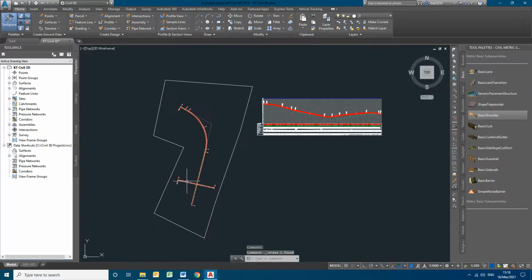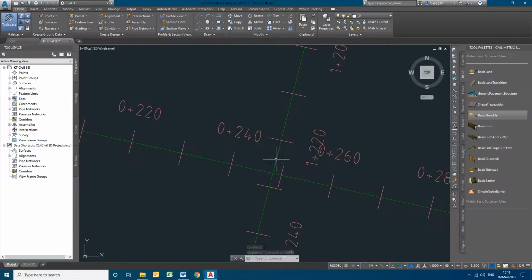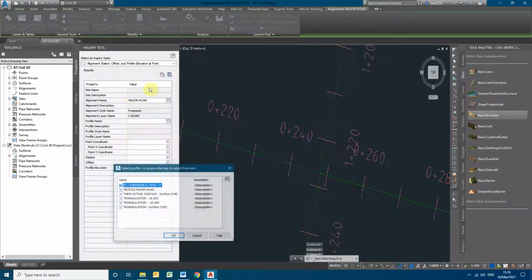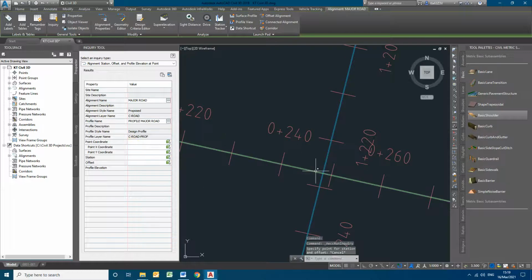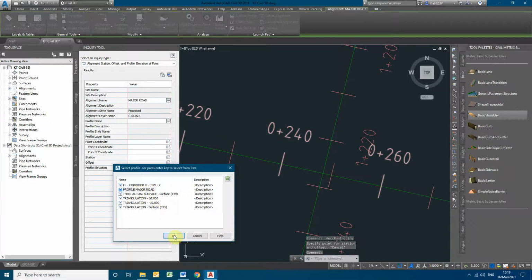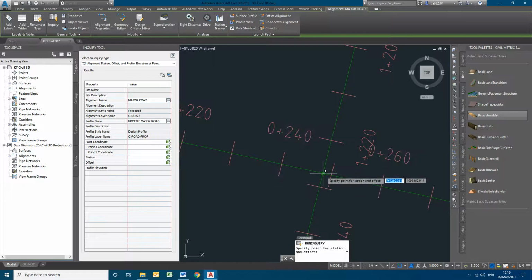crossroad. While doing the crossroad profile, we should keep in mind that the level of this road should match the crossroad level at this particular point. To find out the level at this point, we have to click on the major road. In the inquiry option, you can select the surface profile of the major road, and now you can select the intersection center point.